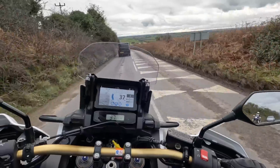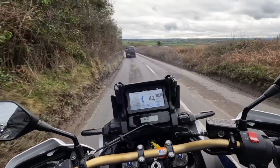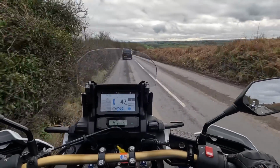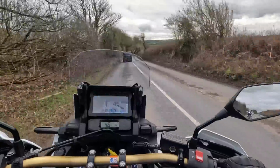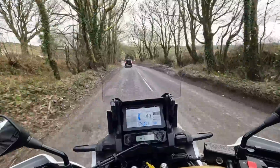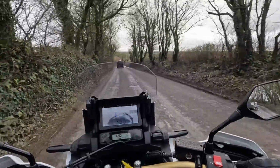The visibility is really good. These mirrors are better than I thought they would be, actually. It'd be nice to be able to move them just a little bit more, but that's just in getting them angled ready for how you want them. But I'll tell you what, I can see an awful lot in them. There's no vibration in them, and there is no vibration in the handlebars or the foot pegs. And the foot pegs got massive rubbers in, so that's probably something to do with the fact that there's no